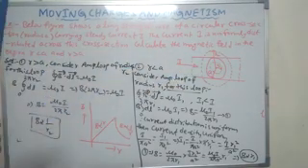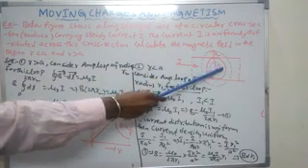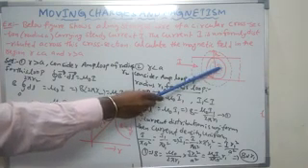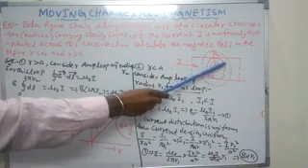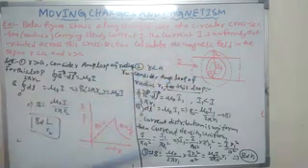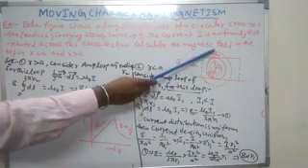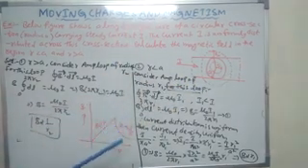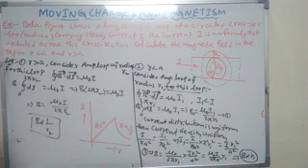For that, what have I taken? r less than a means at r₁ distance from the center, where r₁ is less than a. I consider r₁ as the radius of an Amperian loop, at the distance where you are going to calculate the magnetic field, constructed from the center to that point. Now outside, r is greater than a, means outside the wire, at r₂ distance from the center, where r₂ is greater than a. You construct one Amperian loop. Understand that r₁, r₂ are the radii of Amperian loops. Right. Now, solution.